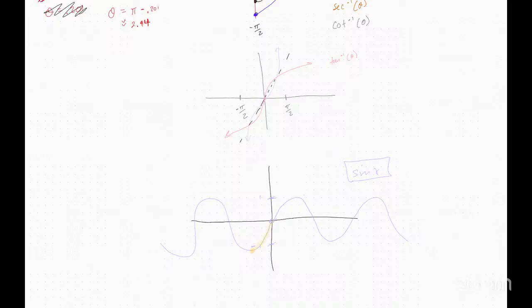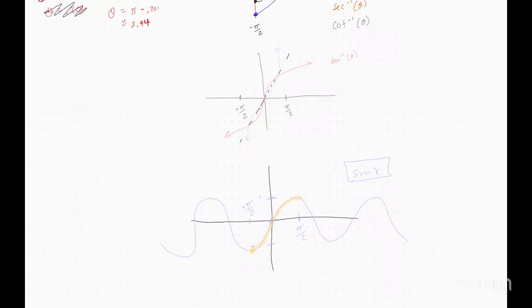We're going to choose that domain because that's from negative pi over two to positive pi over two. Now, when I flip that, I will have all of the values able to be defined for the sine inverse. I think I graphed the tangent too far on the top one. If I want this to be negative one,